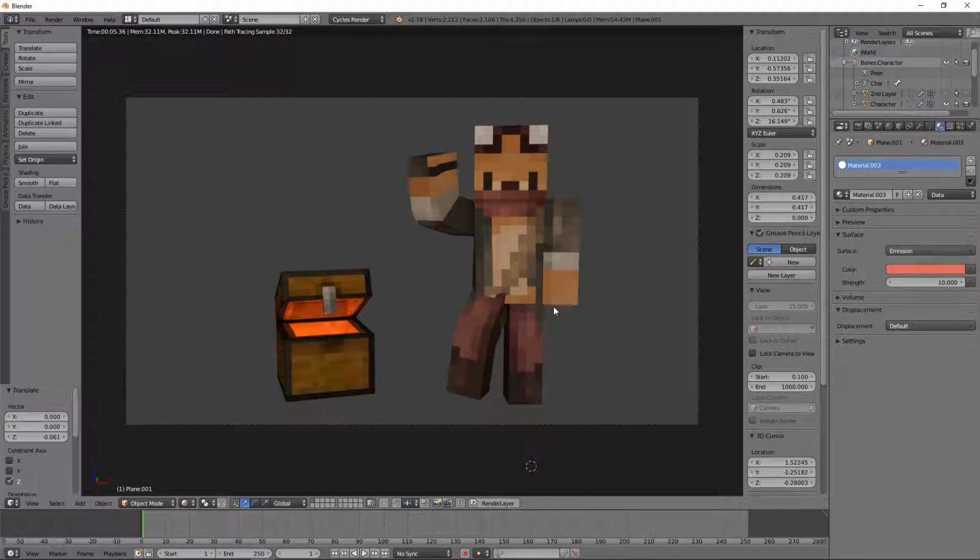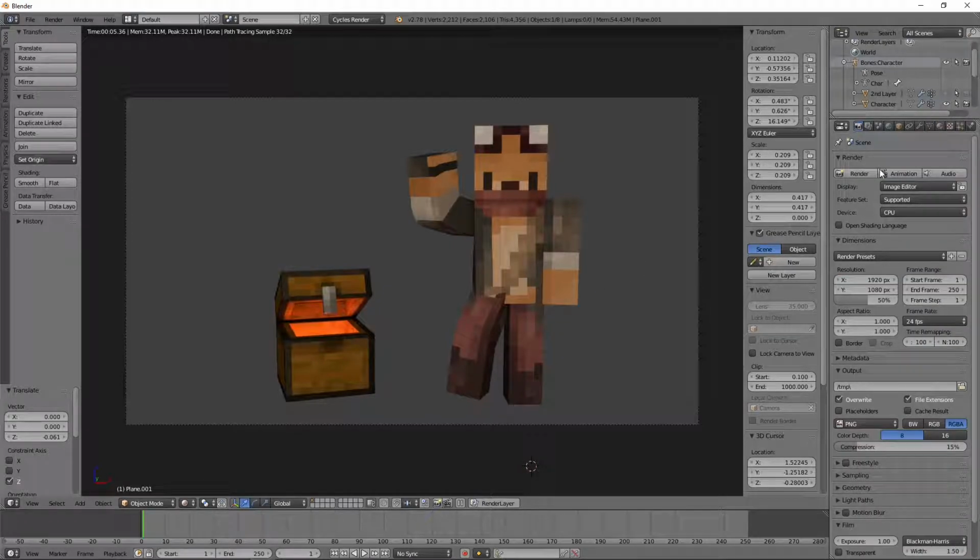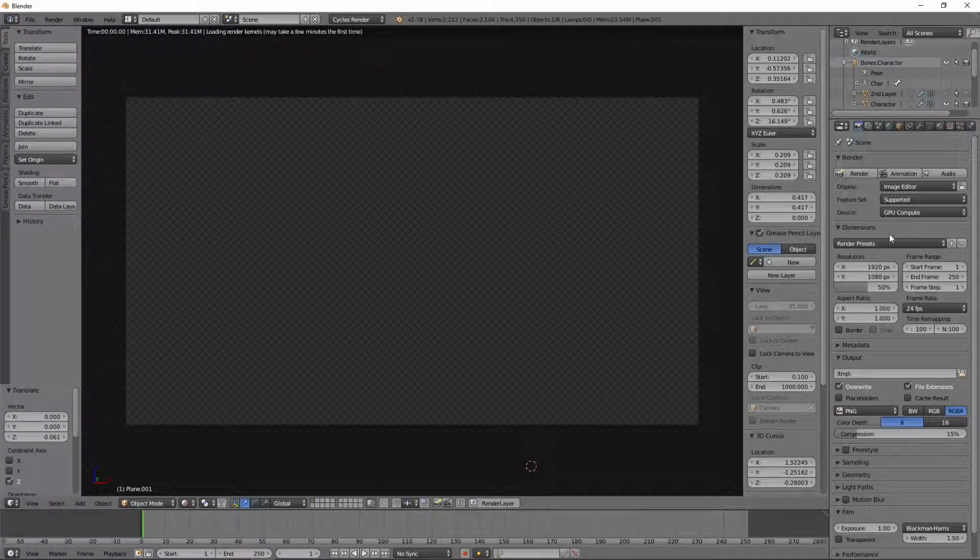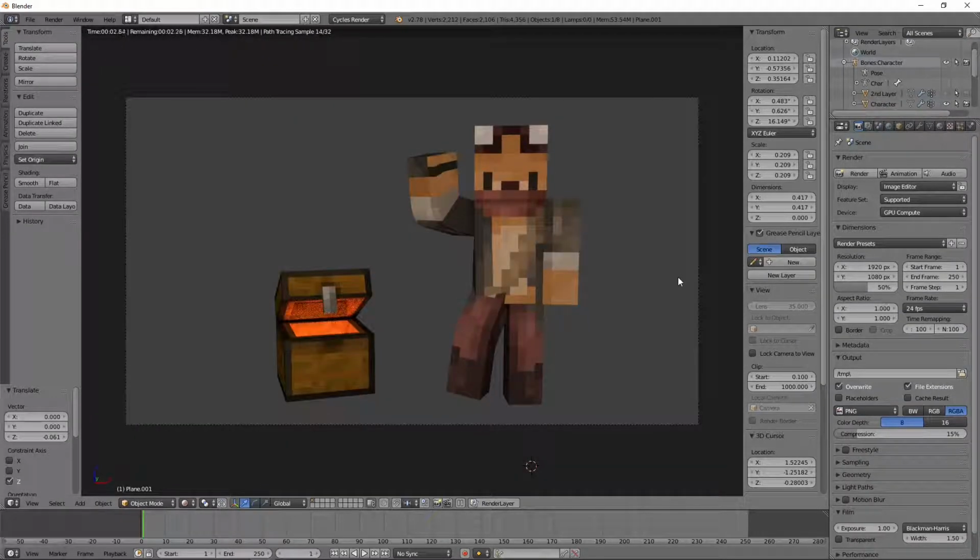And the final step is to actually render, because what you're seeing right now is a quick render, which is not the best quality. So to do this, you want to go ahead and go to the render tab right here. And there's a couple of things we're going to want to do here. First of all, at the top, you can select which device you want the render to happen on. Now, this will just speed up the process. So in my case, I'm going to use my GPU because GPUs are generally a bit better at creating renders